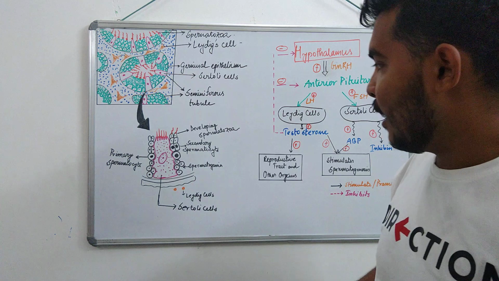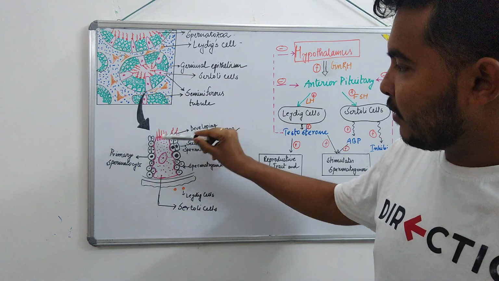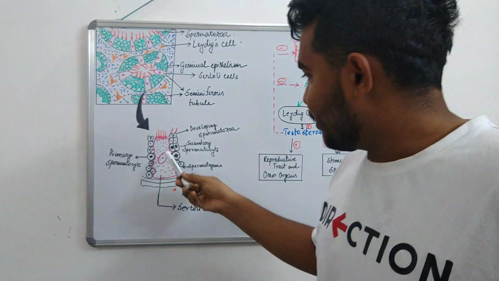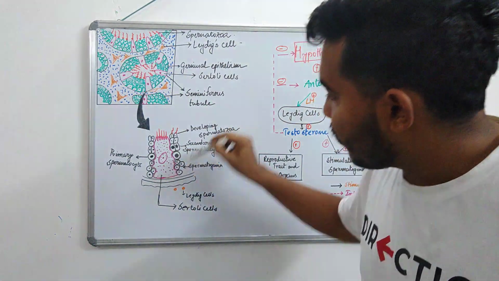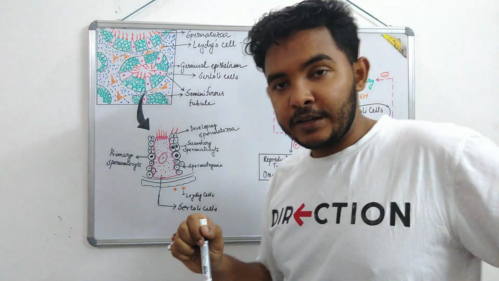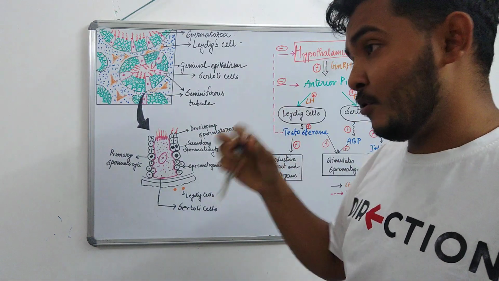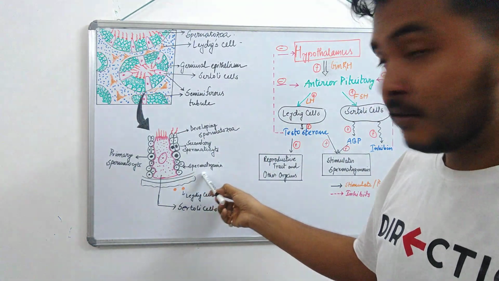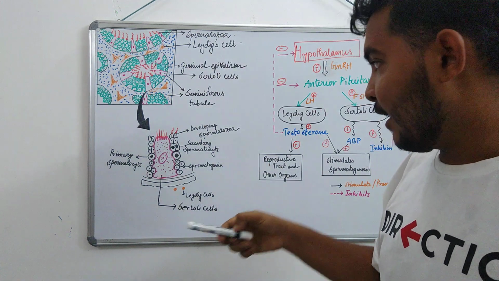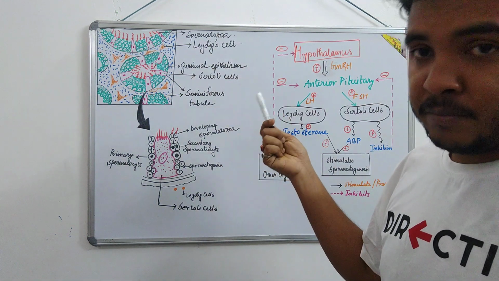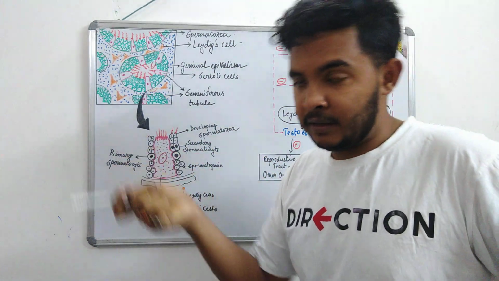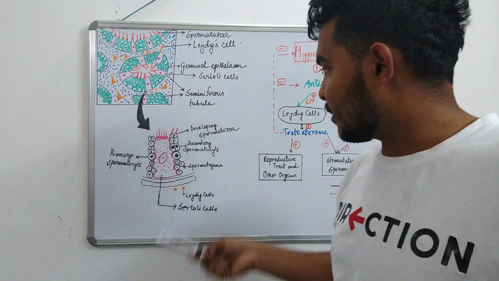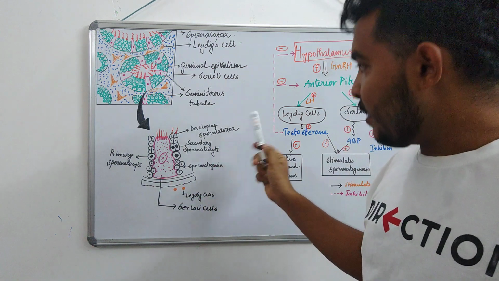Sertoli cells. Here it is. You can see this pink color; this is a Sertoli cell. These Sertoli cells are surrounded by spermatogonia, meaning the germinal epithelium cells. You can see at the lower end, the spermatogonia start developing through the stages of spermatogenesis you viewed in the last video: spermatogonia, primary spermatocyte, secondary spermatocyte, and then spermatozoa.